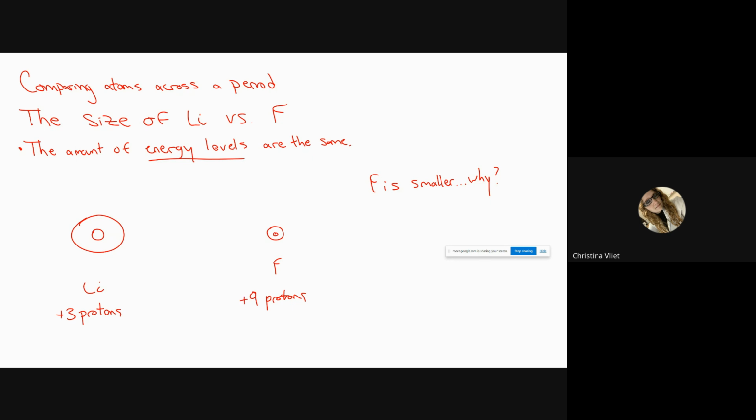That means it becomes more condensed, as you said. If the nucleus is more powerful for the same amount of energy levels, meaning it has a greater force of attraction,